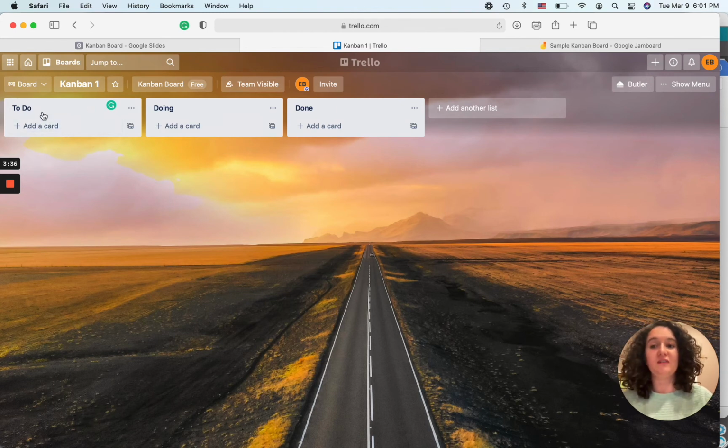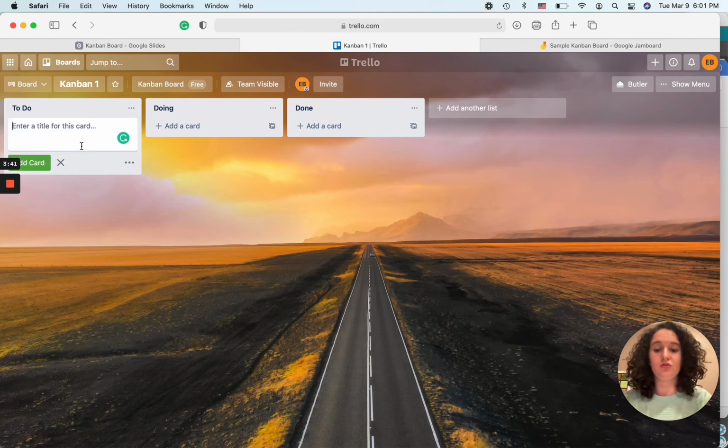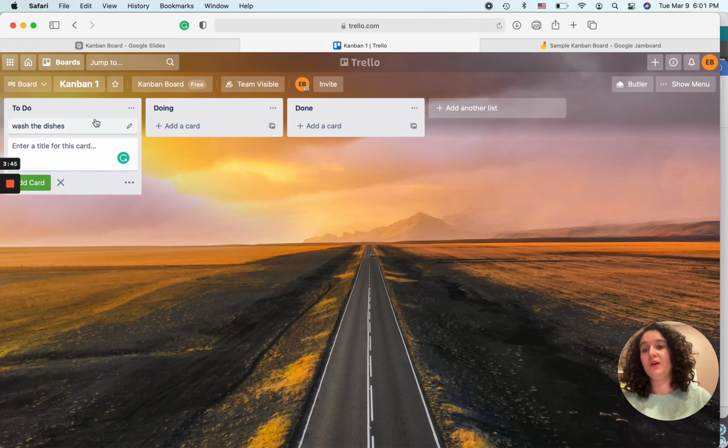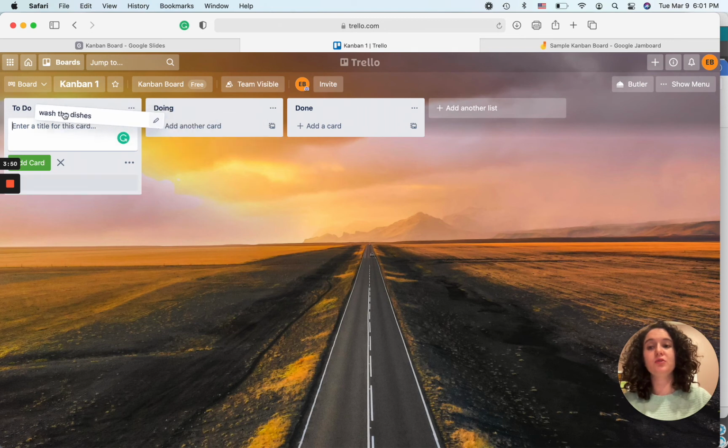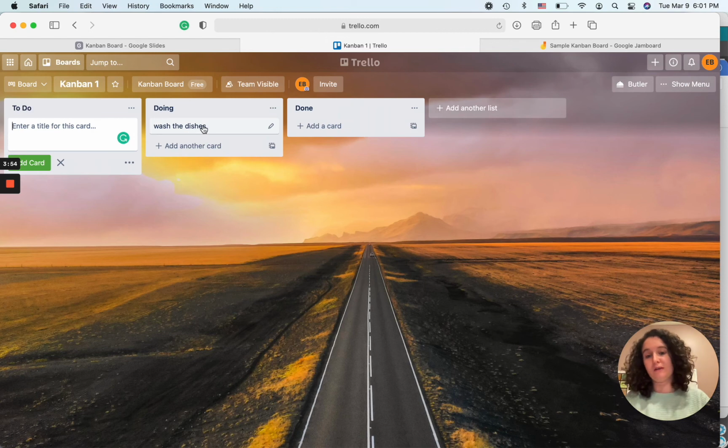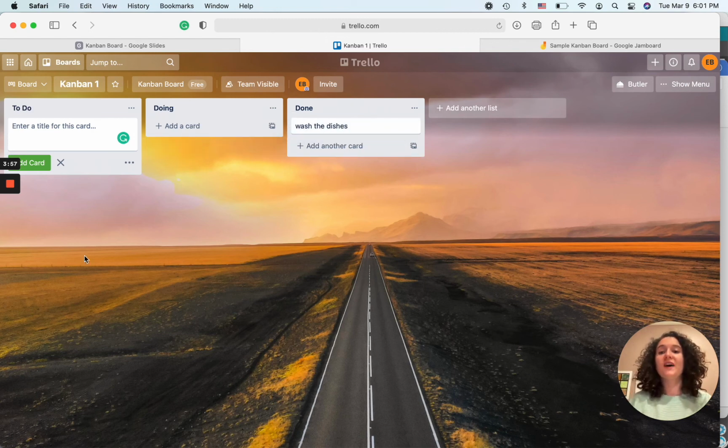So it already gave me a preset of to do, doing, done, and I would add a card. So let's say I need to wash the dishes. If I did that, I would add the card, and then I can physically move it from space to space. So let's say I need to do the dishes, and then I'm doing them. Great, I've done them. So that's one thing that I really like about Trello. And you could definitely make a team board. You can have one for the whole family. There's a lot of options. And again, 100% free. There are paid programs, but you do not need the paid plan to make a Kanban